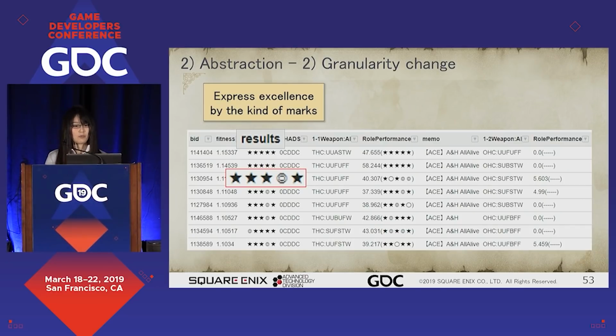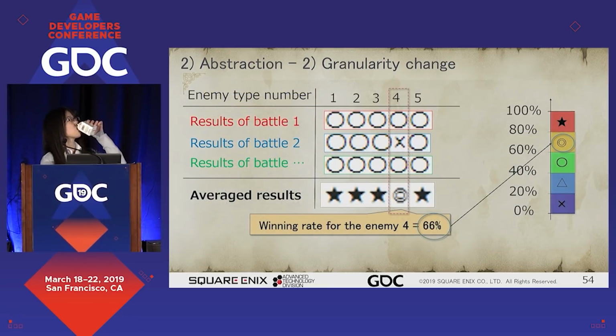This is another example with a change of granularity of information. These maps show the battle results that are used for the calculation of the fitness in the GA evolution. In the evolution I showed today, a fitness value is calculated with the result of 15 battles. Each party had 5 different opponents and fought each of them 3 times. The symbols at the bottom are the average result of the multiple games for each opponent.